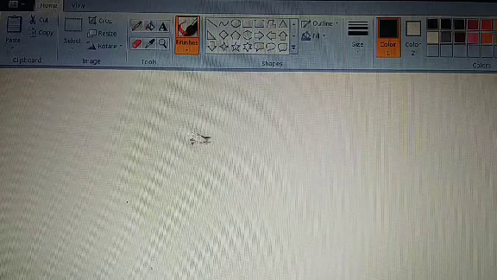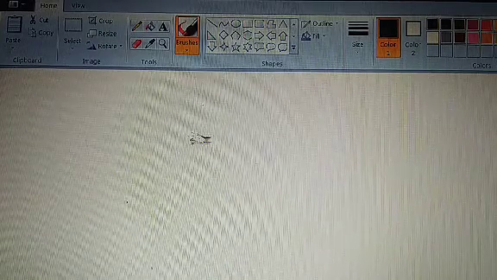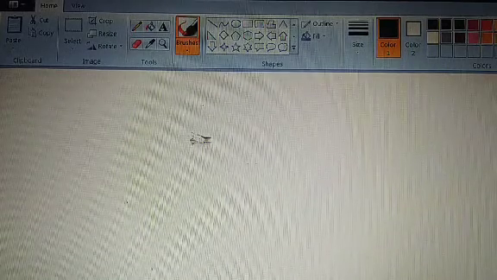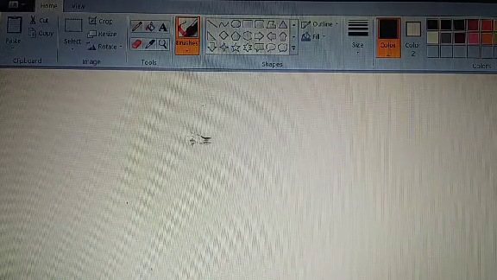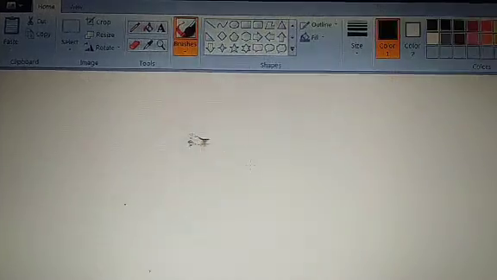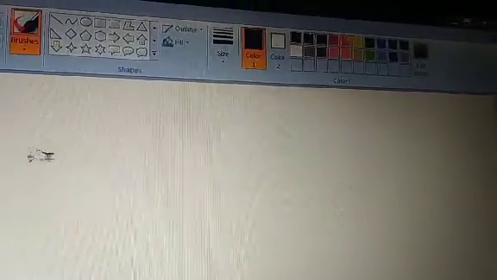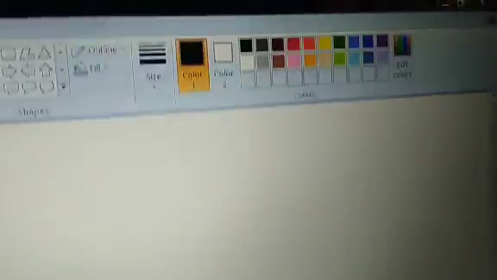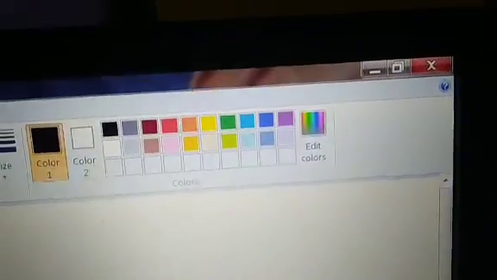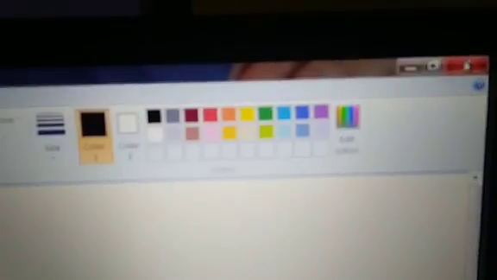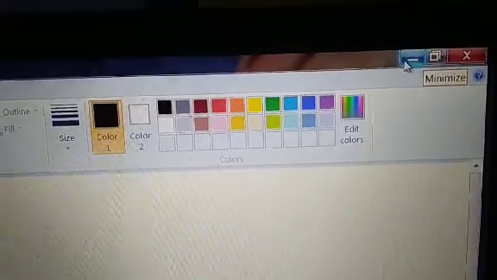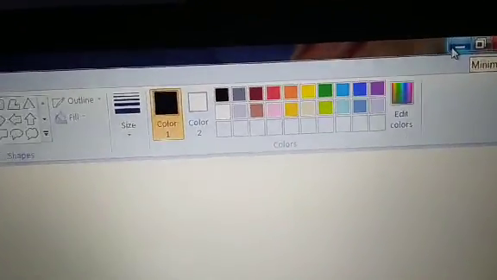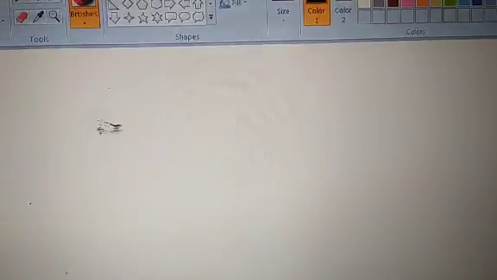So now in the title bar, three buttons are there. Here you see. This is the close button, this is the restore button, and this is the minimize button. These are also called control buttons.